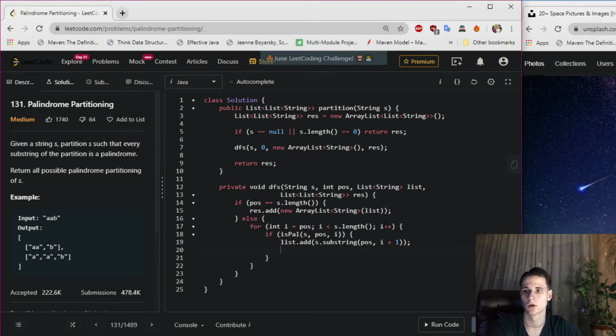And we call this method recursively, so we say depth first search, we pass s, we pass the new initial position, say i+1, and also we pass the current list, the result, and at each iteration we need to remove the last element, because as you know guys, in the next recursive calls this list will be modified, and there is a possibility that we will get the same values, and to get the right result, we need to release the current list. We say list.remove list.size minus 1,